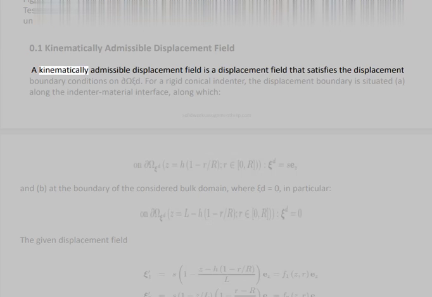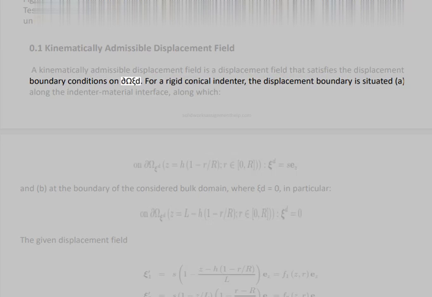A kinematically admissible displacement field is a displacement field that satisfies the displacement boundary conditions on the boundary. For a rigid conical indenter, the displacement boundary is situated a. along the indenter material interface, along which